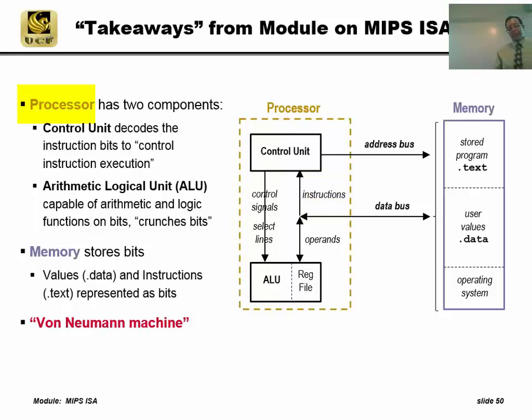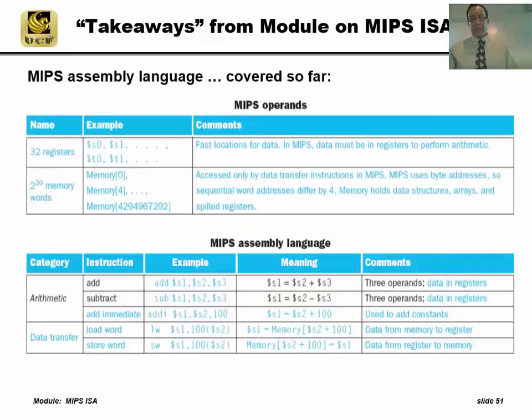And this is a summary of some of the categories. Sorry for the mess. All right, arithmetic, data transfer, also branch. We covered those so far. And we had this construct of registers and memory. They're both storing elements or values, but this is outside the processor. 2 to the 30, why not 2 to the 32? Because each word is